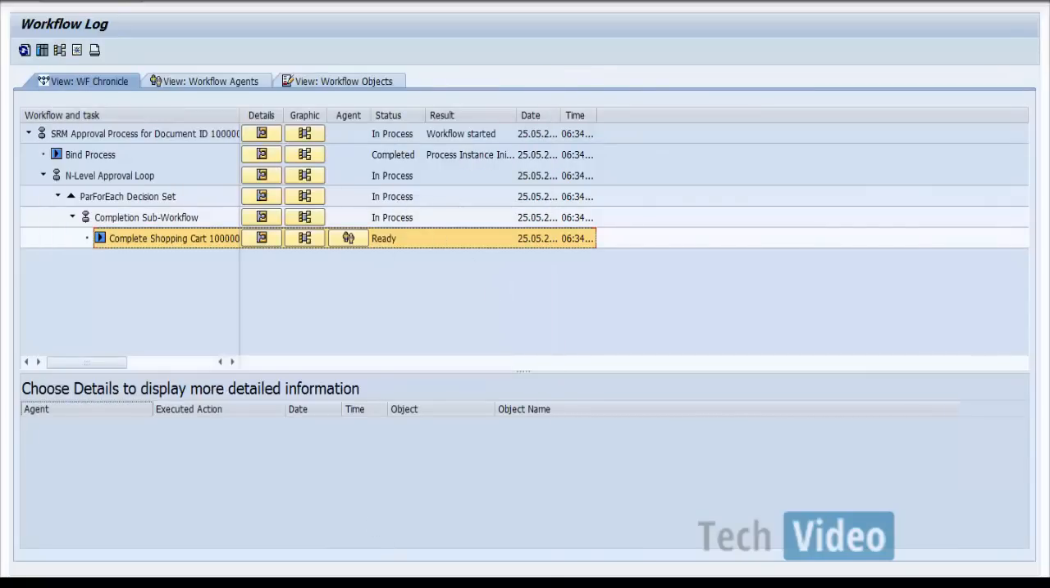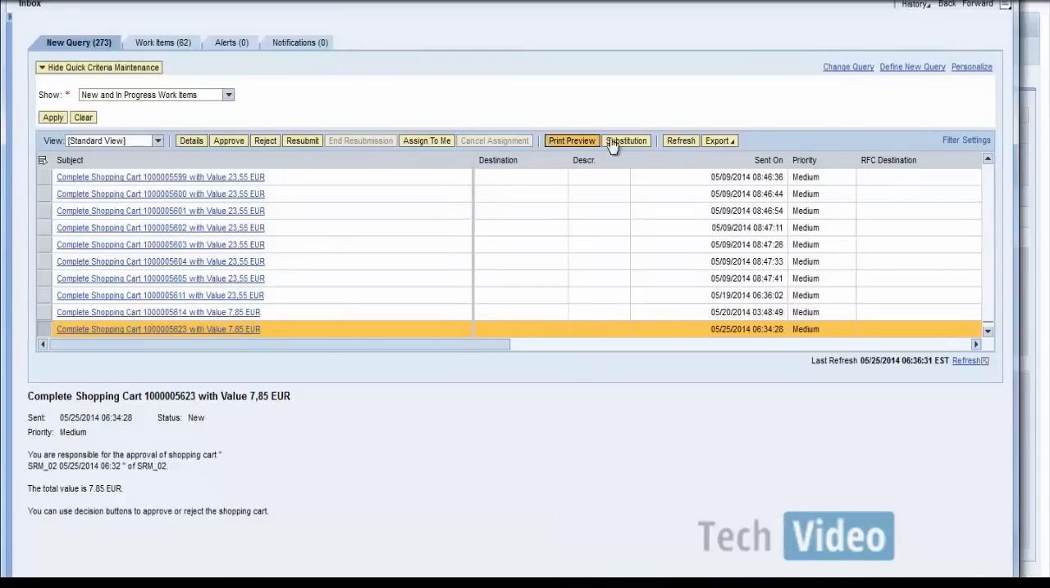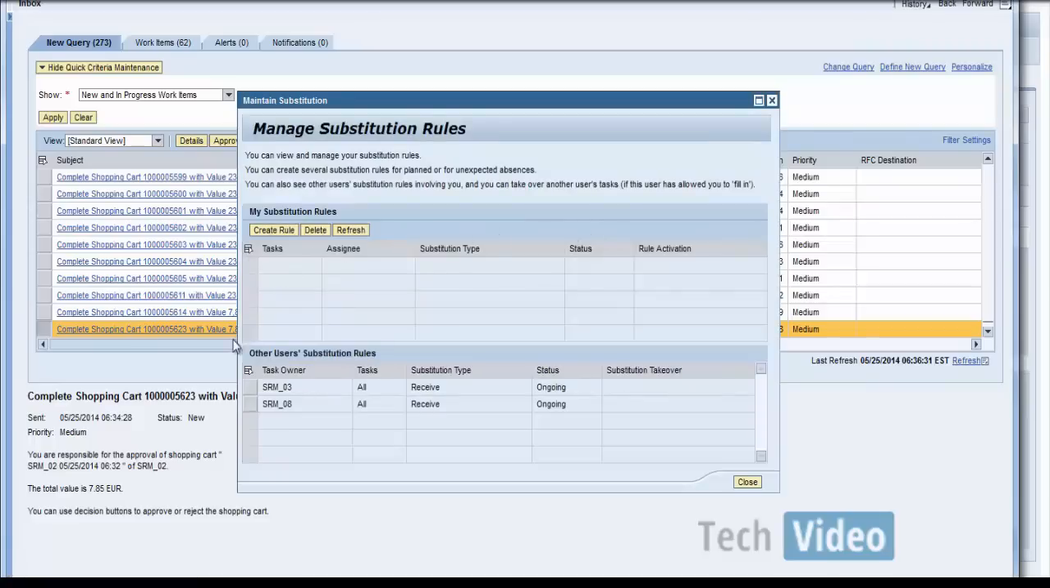So what I do is I go back to the inbox. Also, let's see this option as substitution. We will click on substitution to check if there are any active substitution rules, and I see that there are 2 substitution rules. Other users can also access all my tasks, and it is in the status ongoing. You may choose to add another rule here